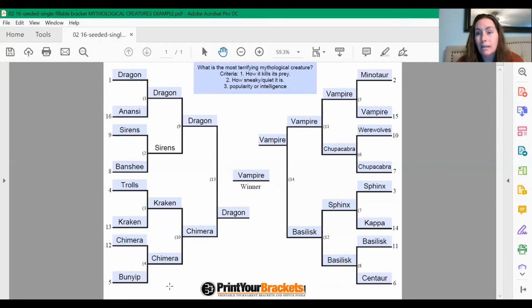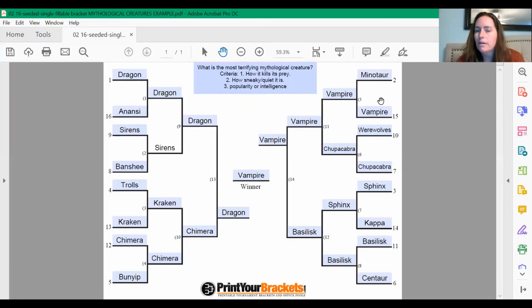The Bunyip's slightly quieter, but I felt like the Chimaira's way to kill its prey was more frightening. And then I also thought about the popularity. Chimairas are a bit more well known than the Bunyip. There's more known about the Chimaira than the Bunyip. And the Bunyip tend to isolate their prey, who are women and children. So that was another thing when I was looking at the tiebreakers. It's kind of hard once you get to tiebreakers. You kind of just got to think outside the box.